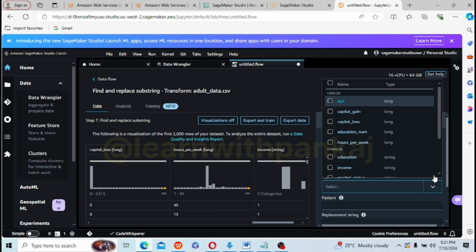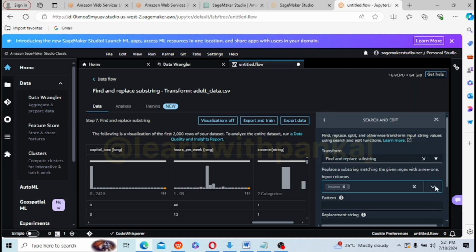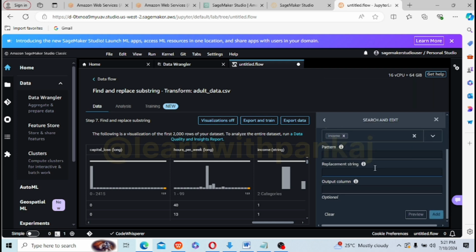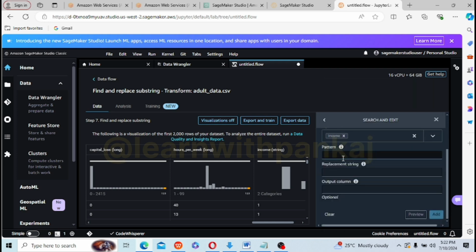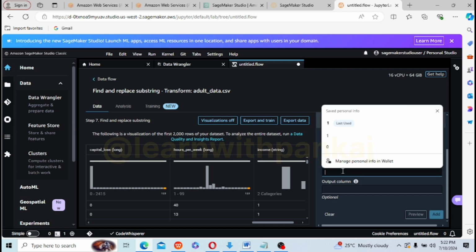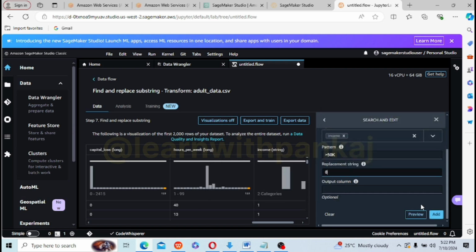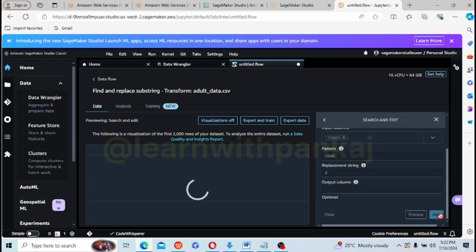Input column would be income, right? And the pattern would be less than 50k, needs to be replaced with 0, right? Preview and add it.